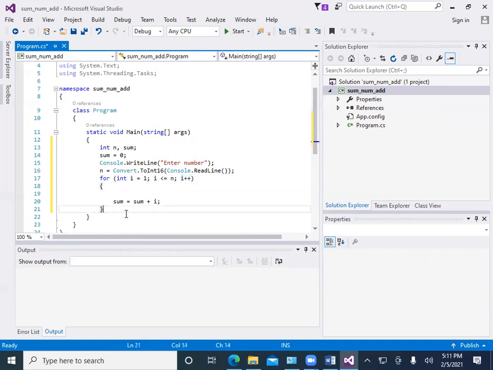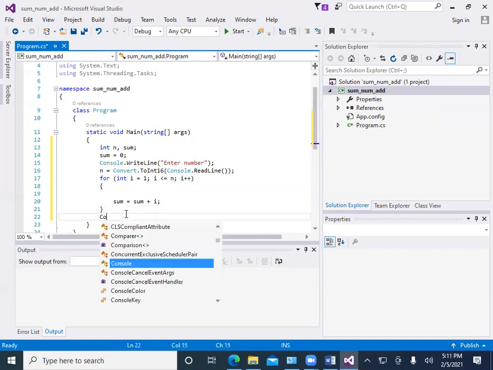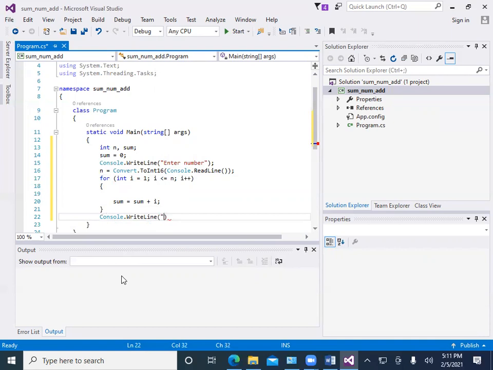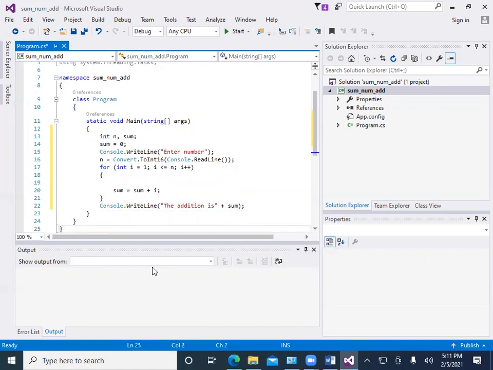And after that we want to print the values. So for printing we use Console.WriteLine. The addition is, here we give the plus mark and sum, end it with a semicolon, and we print that result.